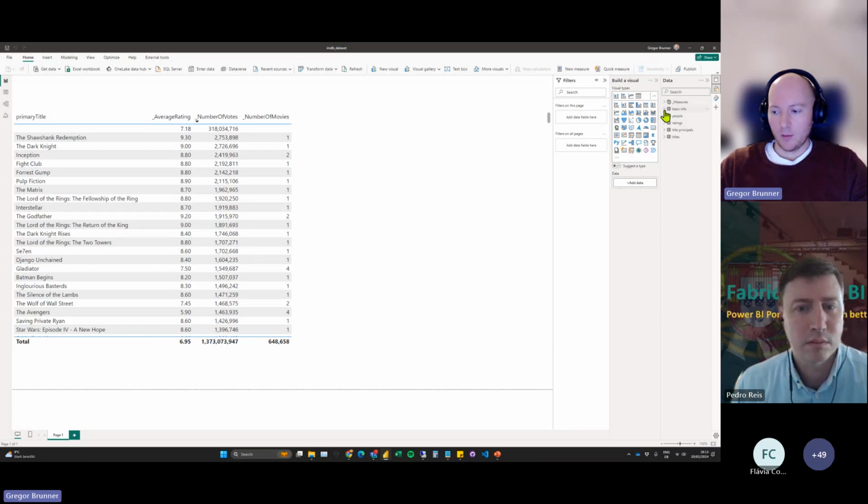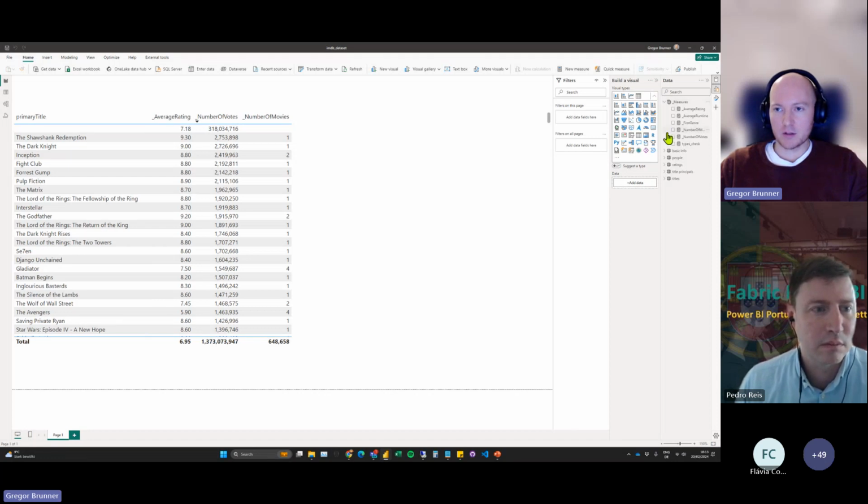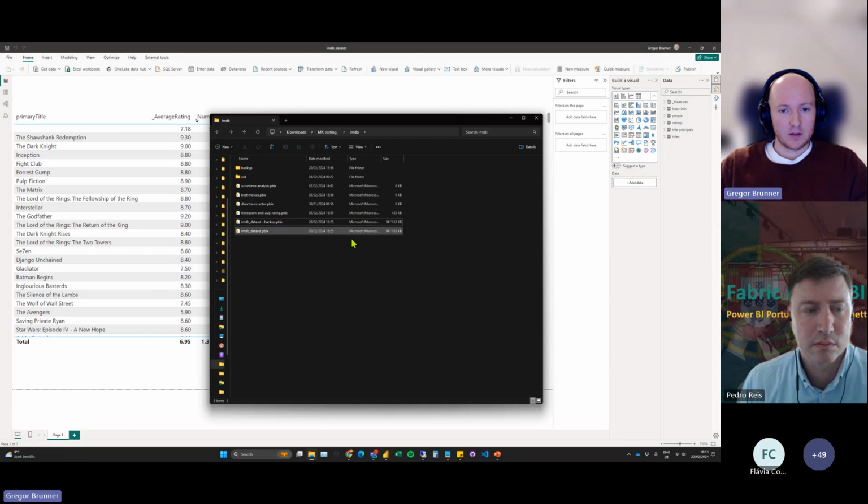But here we have a couple of tables, right? We have some measures, not that many, but the data set has 941 megabytes. So we have a lot of rows. It's a big model, and we want to clean this model up now.